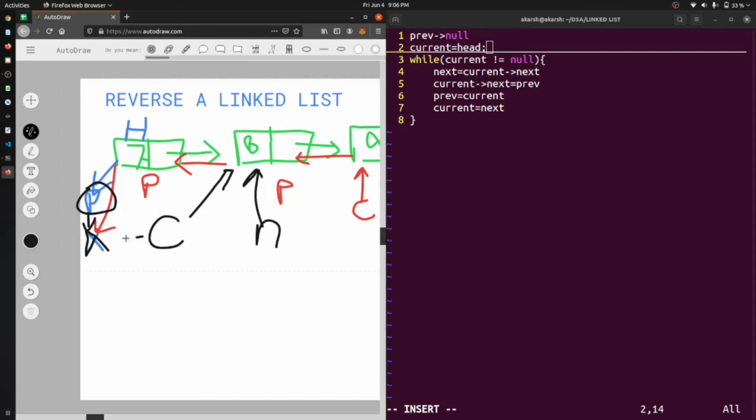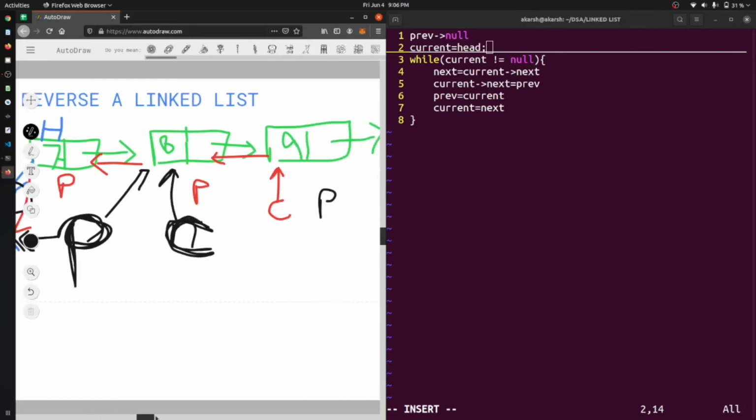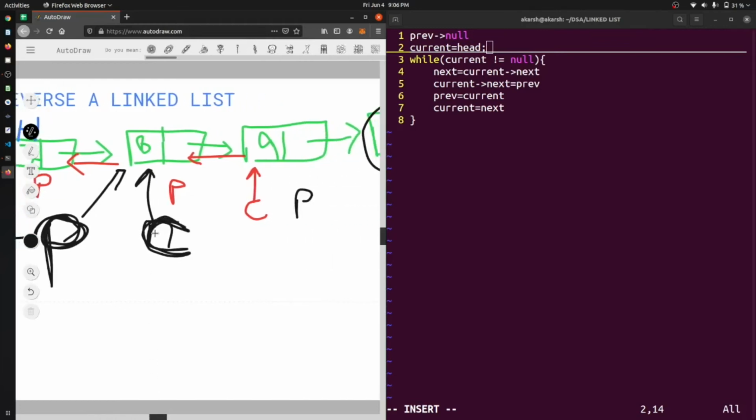So now this current dot next will point to this. Okay, and now this current will be converted to previous, and this next will now become current. So we have P and C, and now at the next point, if we again come to this point, we see that current dot next is 9.